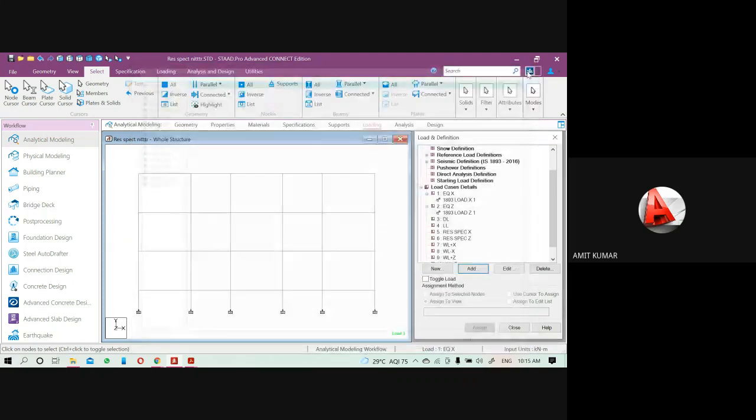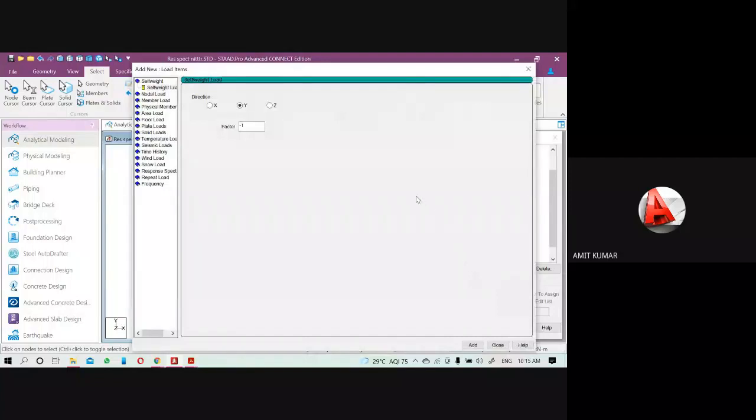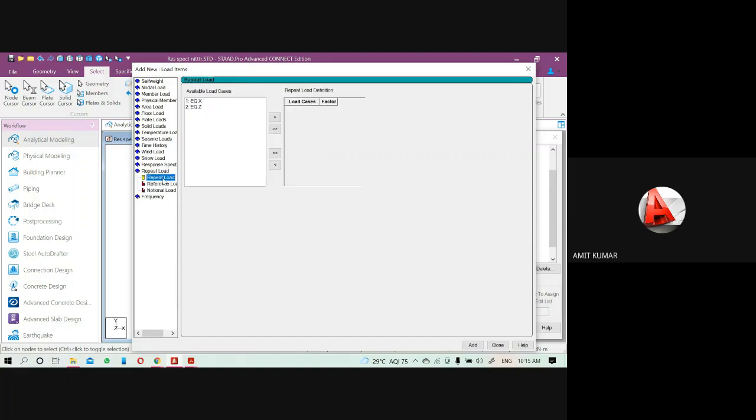So how we will select it, just see, click on the DL, click on add. So here I already explained that reference load is a type of repeat load. That's why we will add the repeat load here, not the self weight. Just go to the repeat load. Under the repeat load, here you will get a reference load also. So just pick the R1 dead.